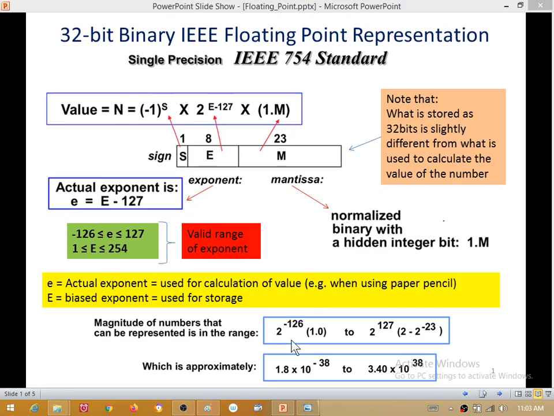Here it tells you the minimum magnitude of a number that you can have and the maximum magnitude of a number that you can have, and those when converted into actual number, it gives you a very small number. So this is 1.8 into 10 raised to -38, which is an extremely small fractional number, and this is an extremely large number because it is 10 raised to 38. So I have 38 zeros multiplied by 3.48. So 3.48 and then 38 zeros after that, multiplied by 10 raised to 38. Okay. So this is the largest magnitude that you can have.